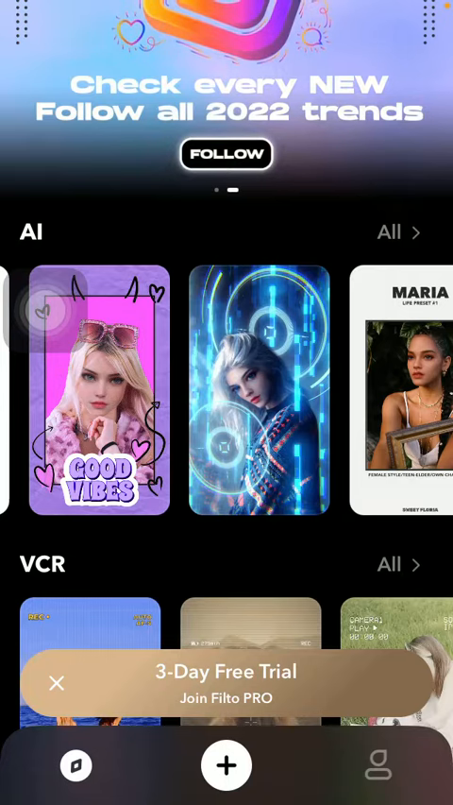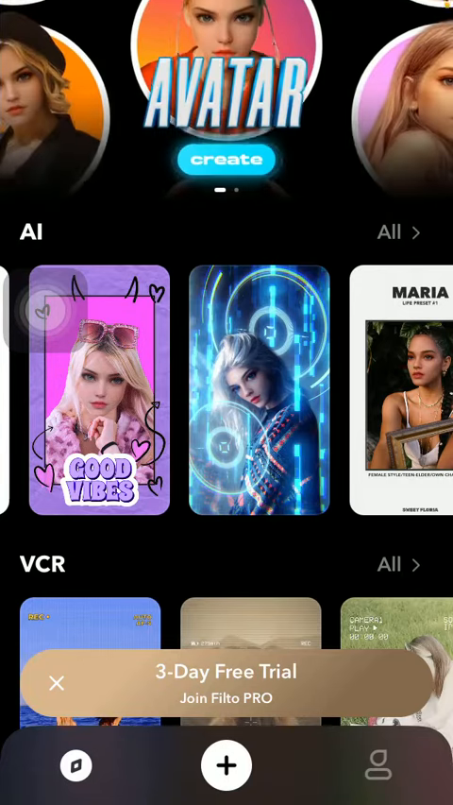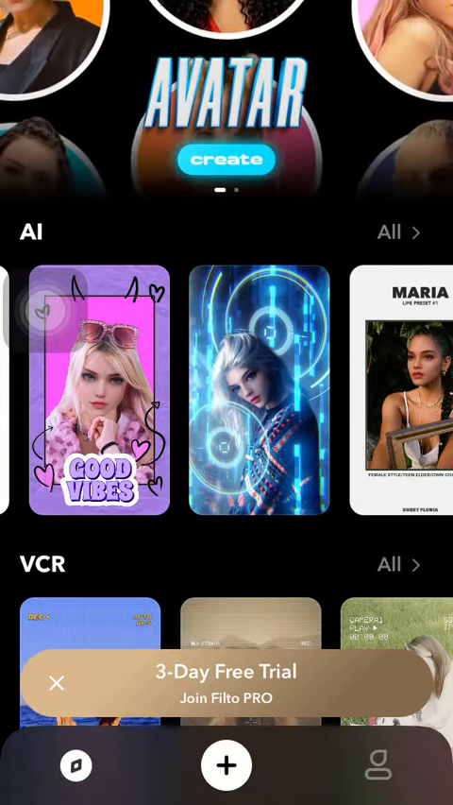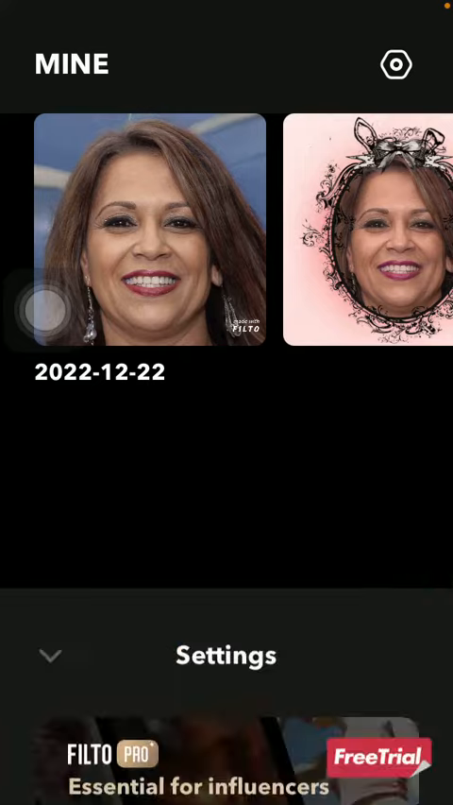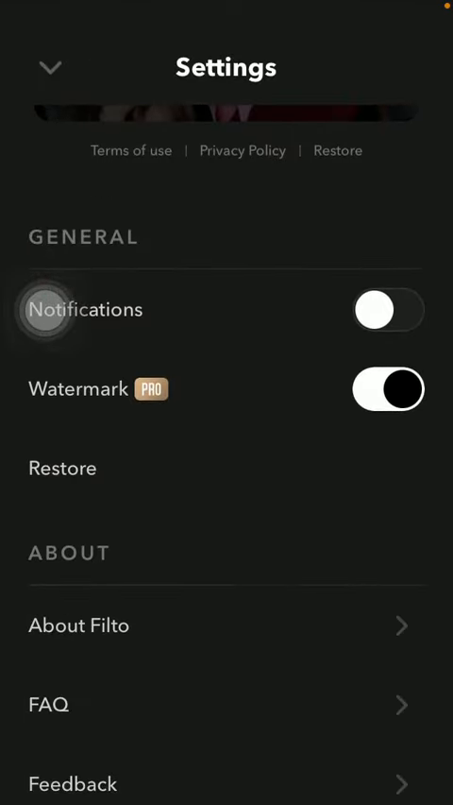First of all, open the application on your phone. Tap on the profile icon down below, which is the last option. After that, you should click on this settings icon that you can find in the upper right corner of the screen. Then you should go to the general section and click on the notifications button in the right side of